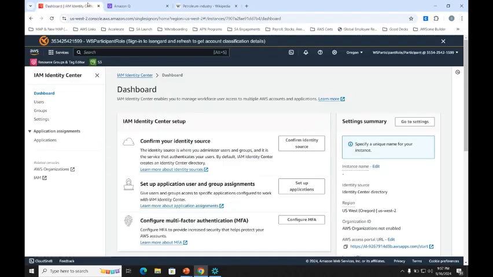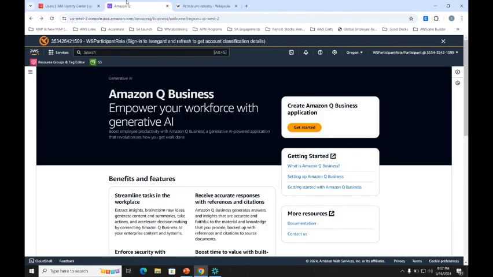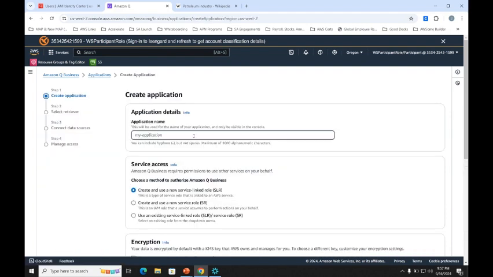First step is for me to go to IAM Identity Center and create users. I have already created 5 users, but you can easily do it by clicking on Add User. Next, I will go to the Amazon Q Business Console. And now I am in the Amazon Q Business Console and I will create an application. So I will give a name,